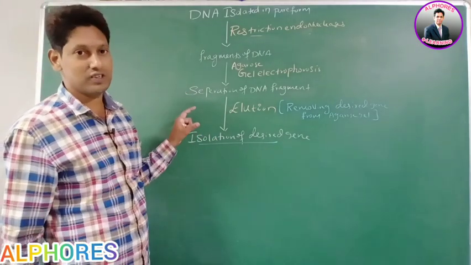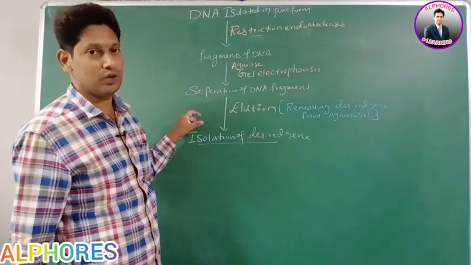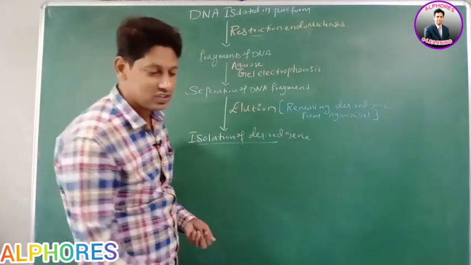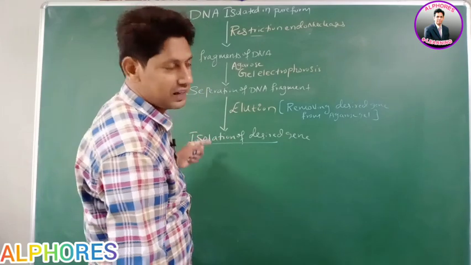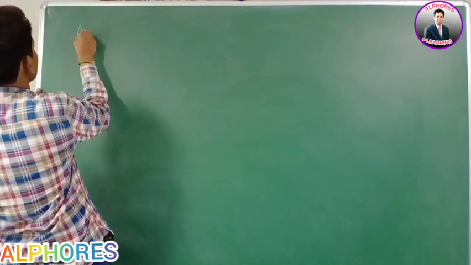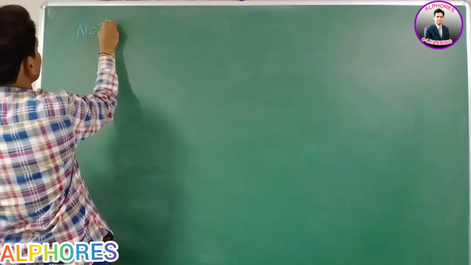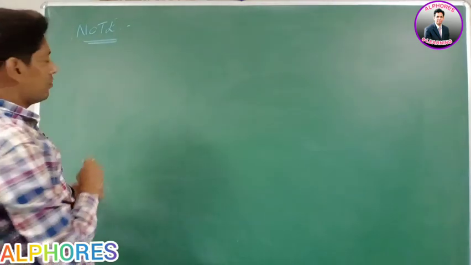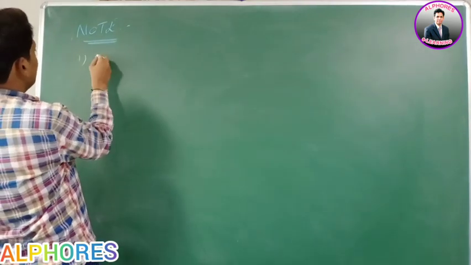Therefore, is this statement okay? We completed this flow chart. This is the isolation of what? The desired gene. This is the isolation of the desired gene. Listen here. Note. Number 1, if